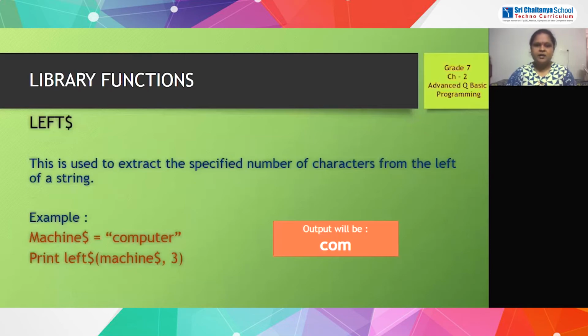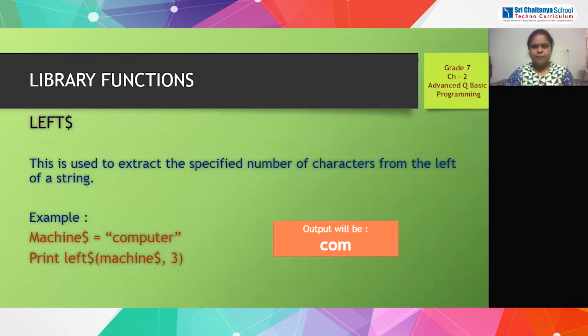Okay, next our first one is left dollar. This library function is used to extract a specified number of characters from the left of the string. String is nothing but a word, right? Any word.